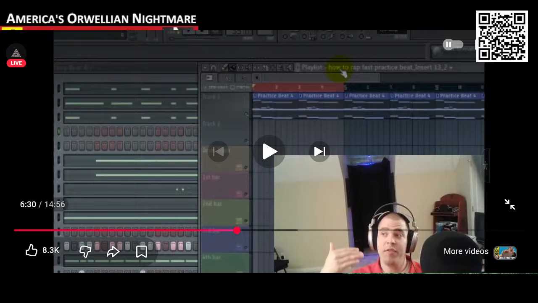In my song Shadows of Darkness, I put a cricket sound to make it scarier, because the song is called Shadows of Darkness. So to make it scarier, I put a cricket on top of every single snare. If you listen to the whole song, you hear crickets on top of the snare.